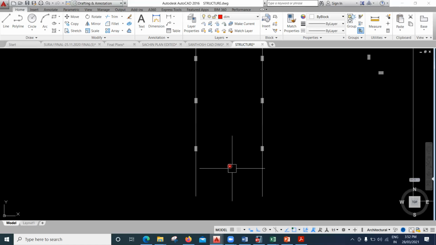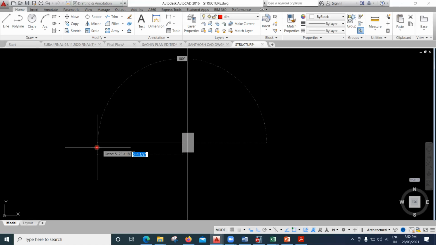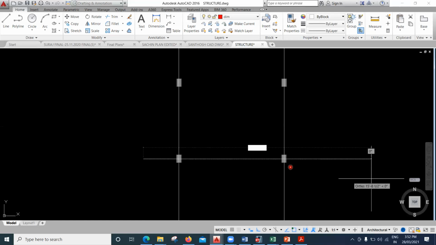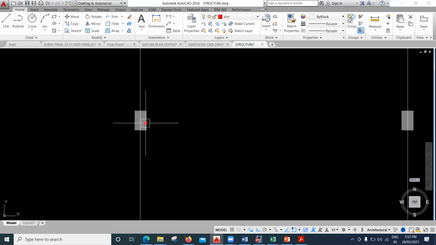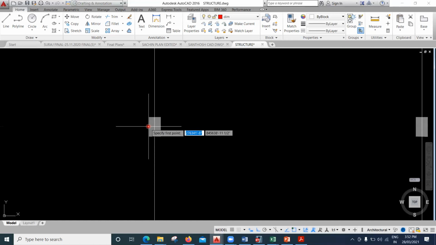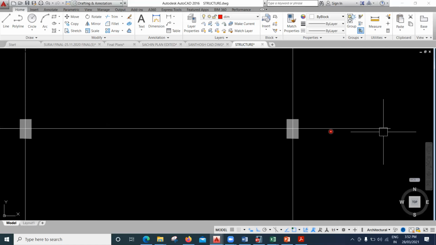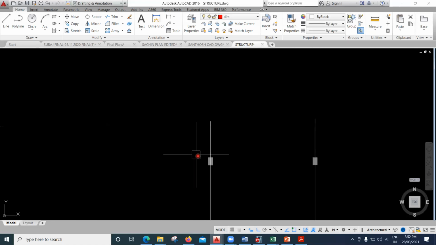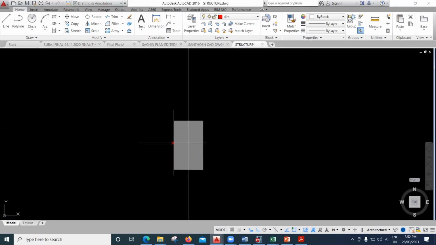That's it. Two verticals are then. Now in the same way I have to place for horizontal as well. Now here for the horizontal I'll try to place it. Similarly here I'll place it. And similarly I'll place it for these columns. Always try to pass it through the center of that column.